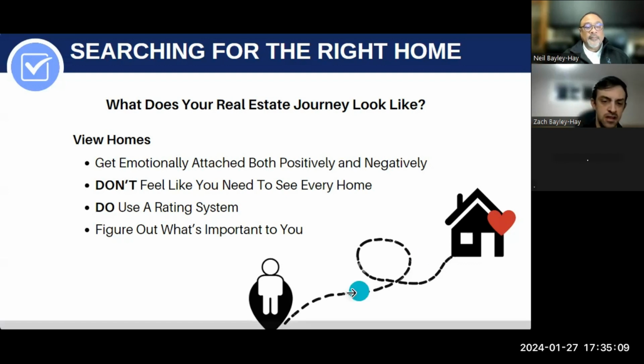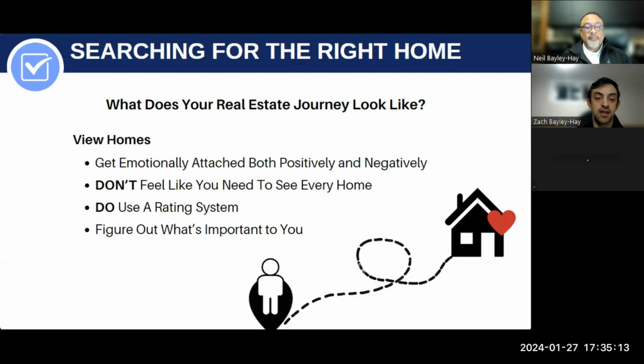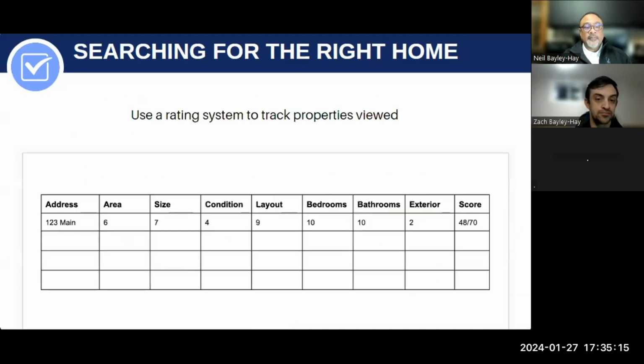So we're going to jump into the next slide just to show you what we have here. So we believe in using a rating system to help you figure out what's important to you. This is just a standard one, but it's very easy to edit these to the criteria that are very important to you. So what we say is rate every category we put on here from 1 to 10. And the thing is,